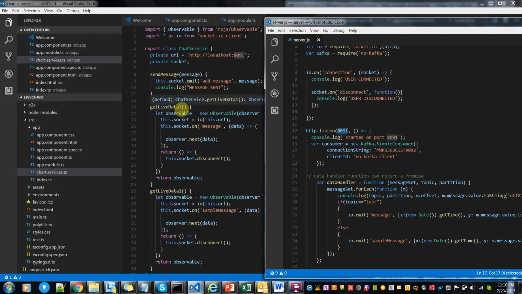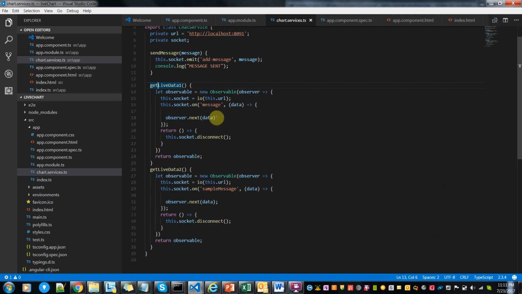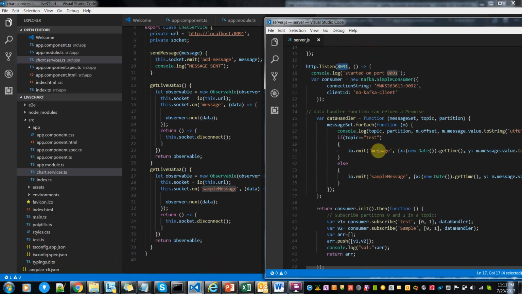Okay, here I have two methods. One is to consume the data from the first topic. This is the method to consume the data from the second topic. So for these two topics, like in Socket.IO, we have two different names to